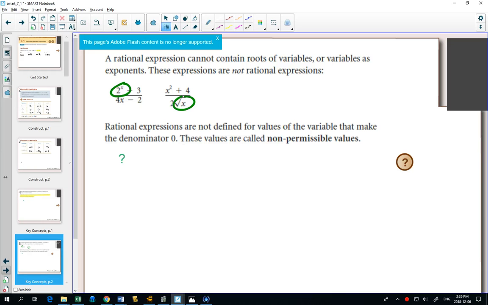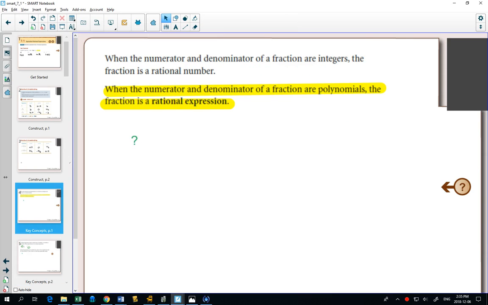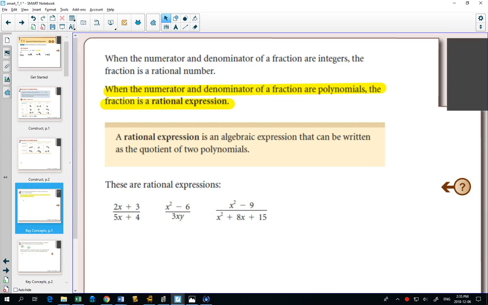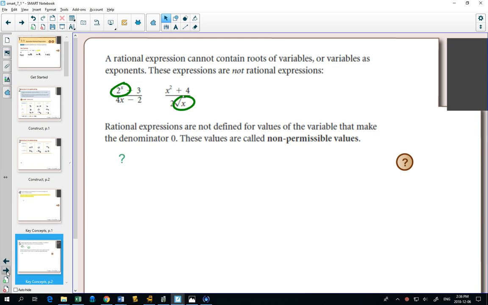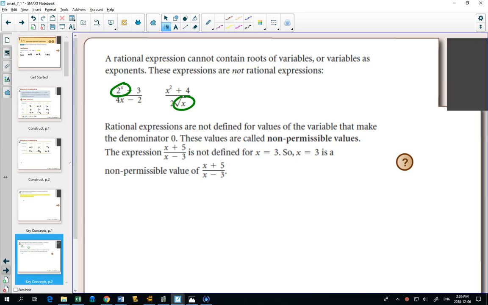So if we look back at the examples that were rational expressions, okay, a polynomial is when you have variables, your exponents are all whole numbers. You have no square roots, no fractional exponents. Okay? And in one of the things that we've talked about already,